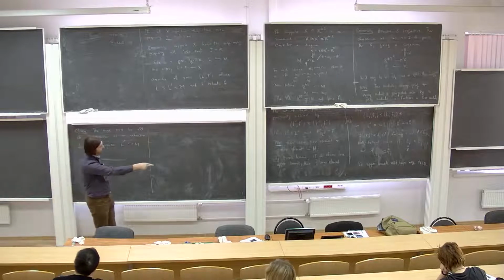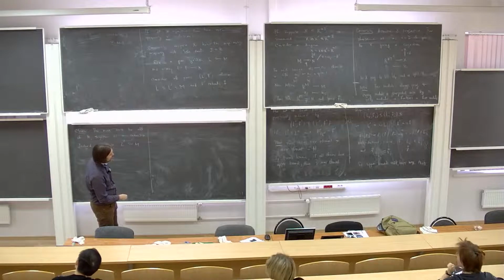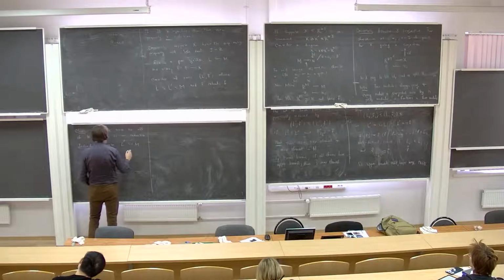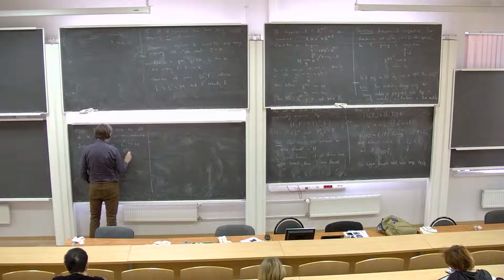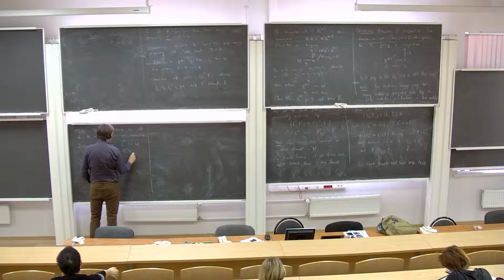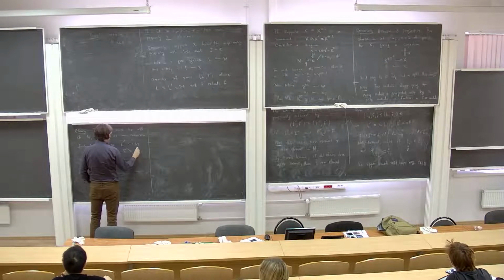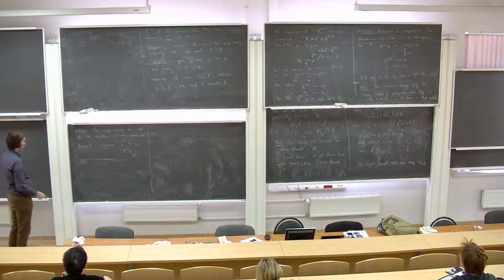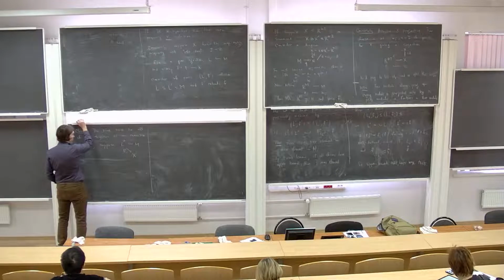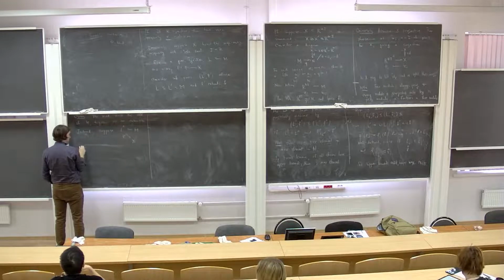So maybe I now call the maximal element L prime. And this is my F prime. And this is my X. And I'm trying to see this. It's maximal. So the only way,